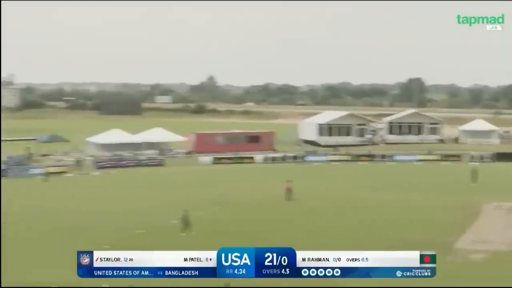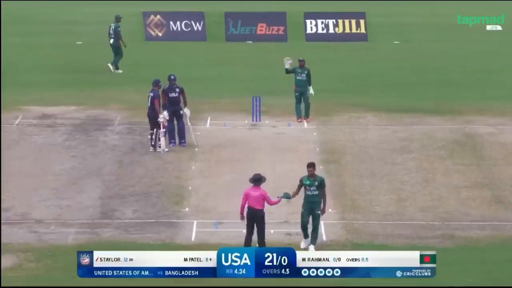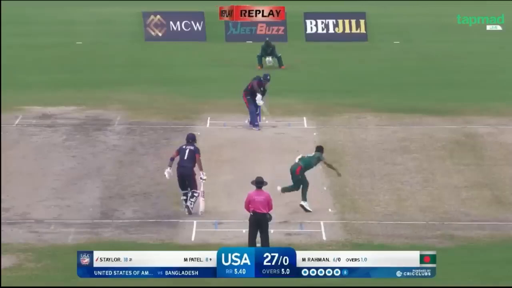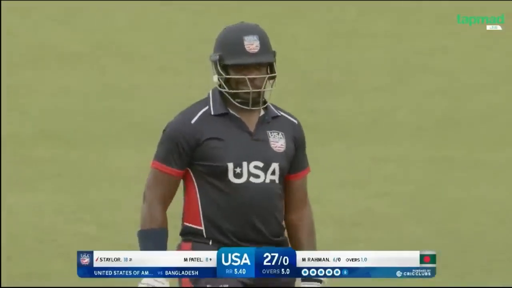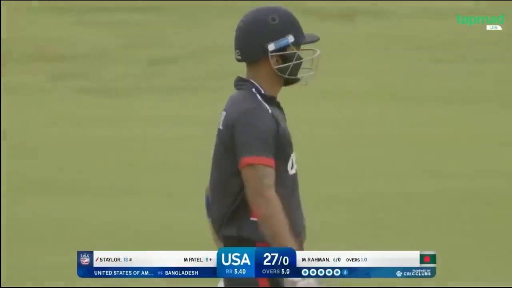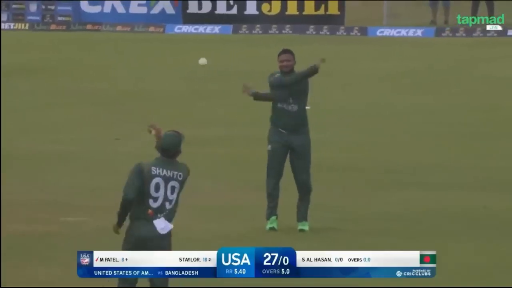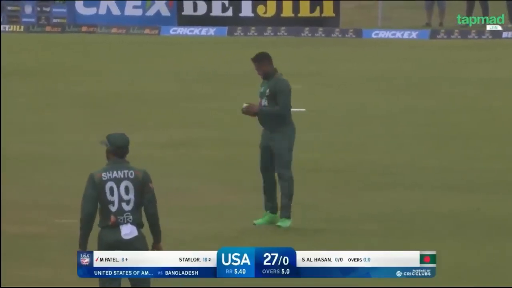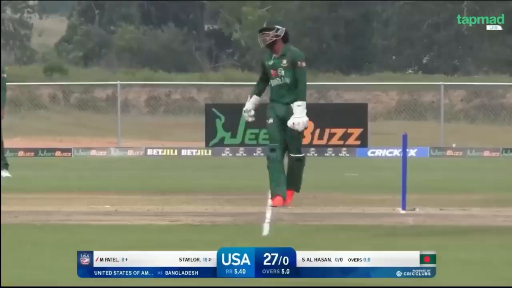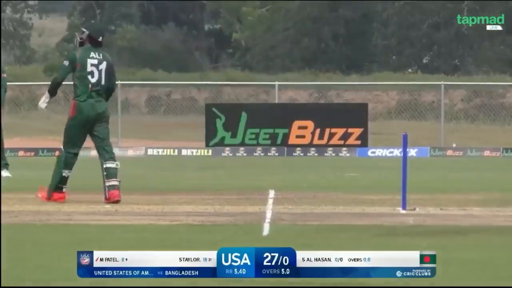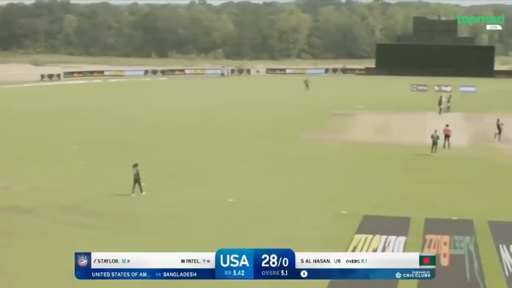Taylor goes big, and that's gone long this match. Wow, Mustafizur going with the slower delivery, but then at the last second, just rolls the fingers. 27 without loss. Shakib Al Hasan comes into the attack, coming in over the wicket, and allows Monank to get a single. It's a slightly slower start than you would have hoped for in the power play overs, but all in all,